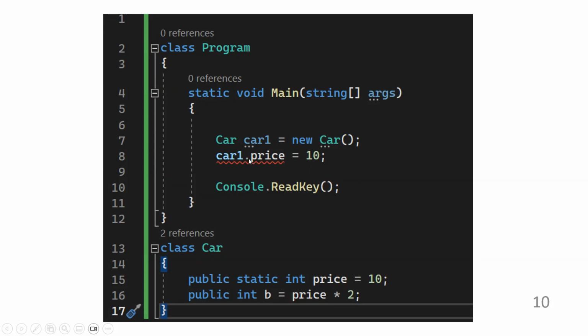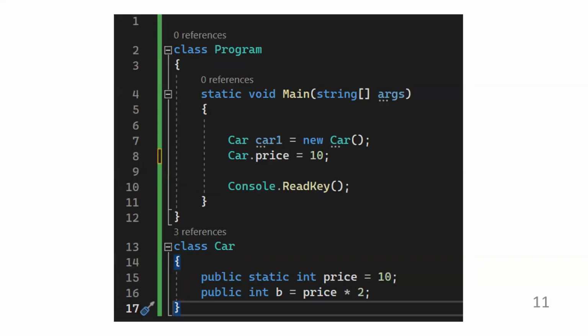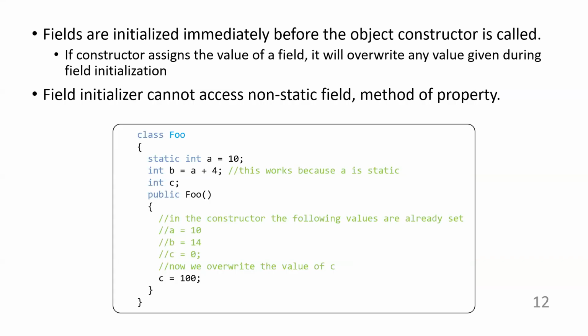But what is the problem here? If I say car1.price, car1.price, it's a class level. It's Car.price, not car1.price. Okay. Apart from it, guys, how about this? It works. That's what I told you, because you brought it to the class level. So then here you can just say Car.price, and then